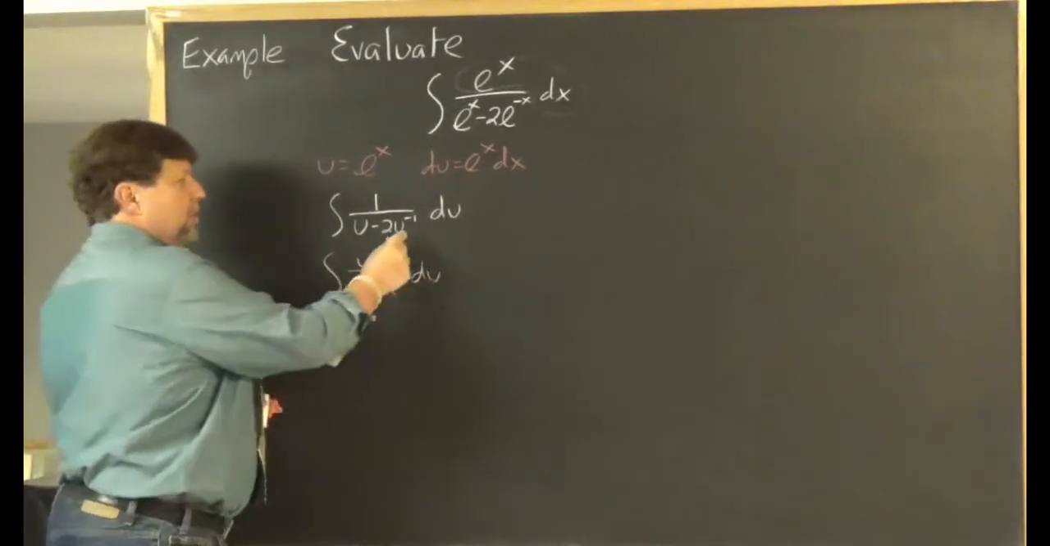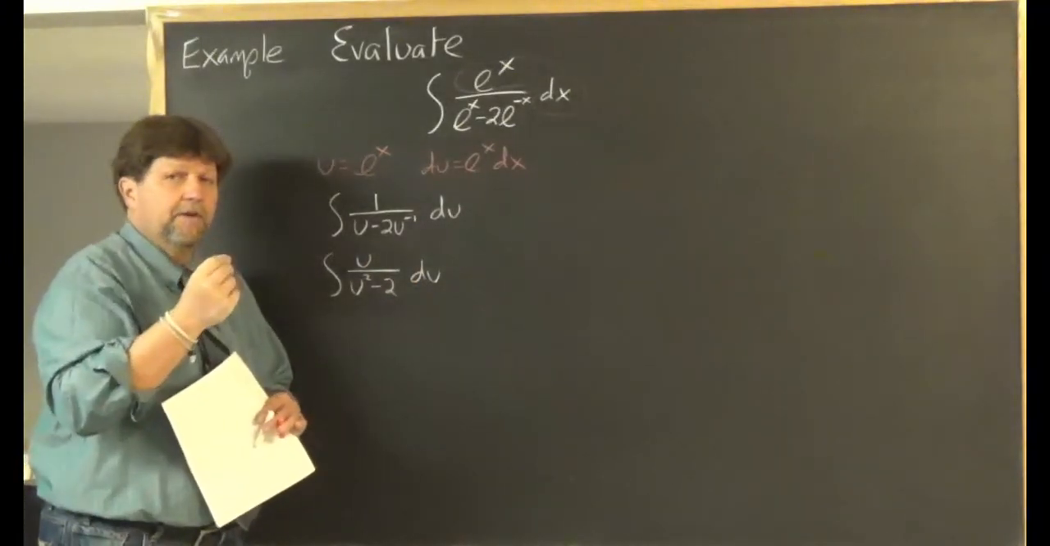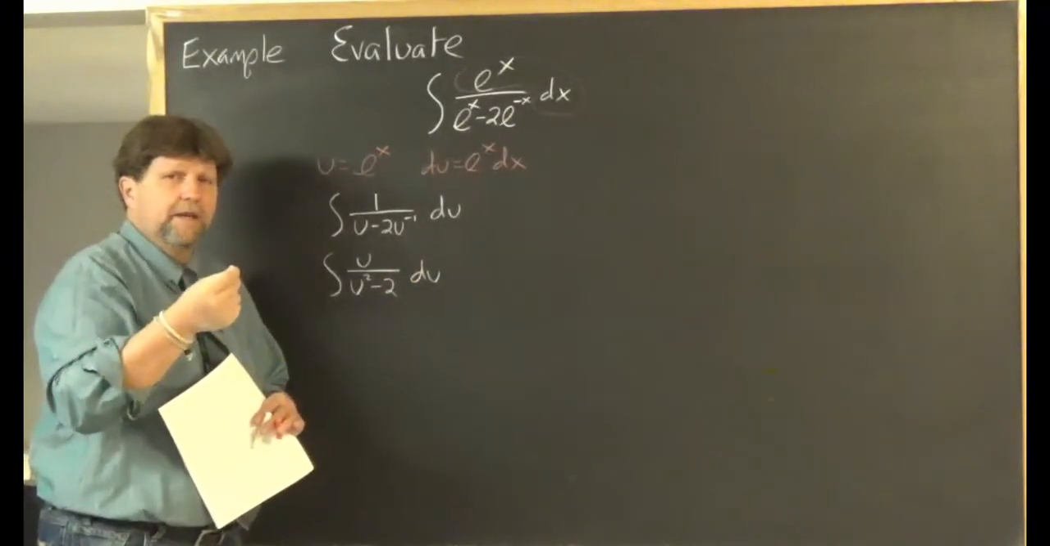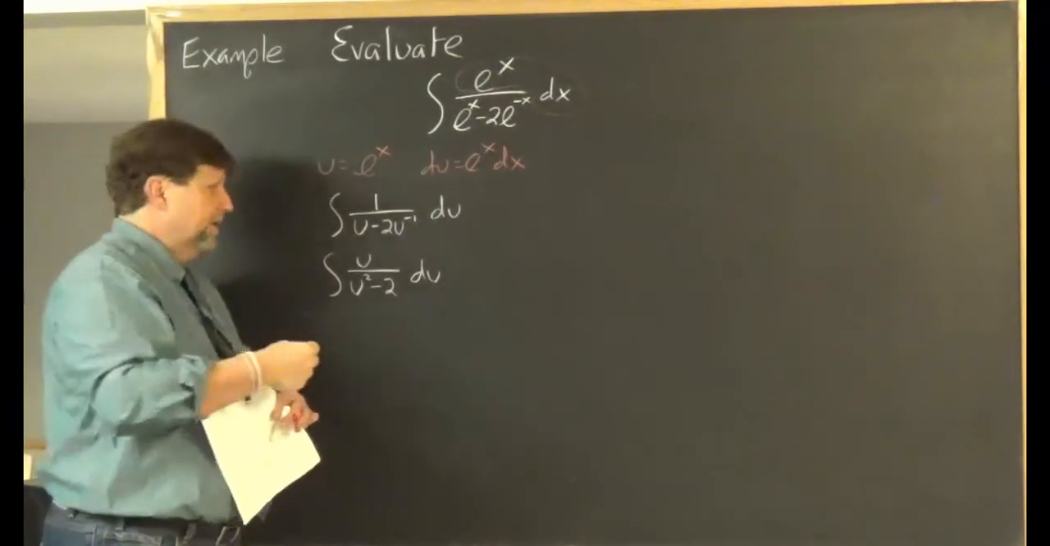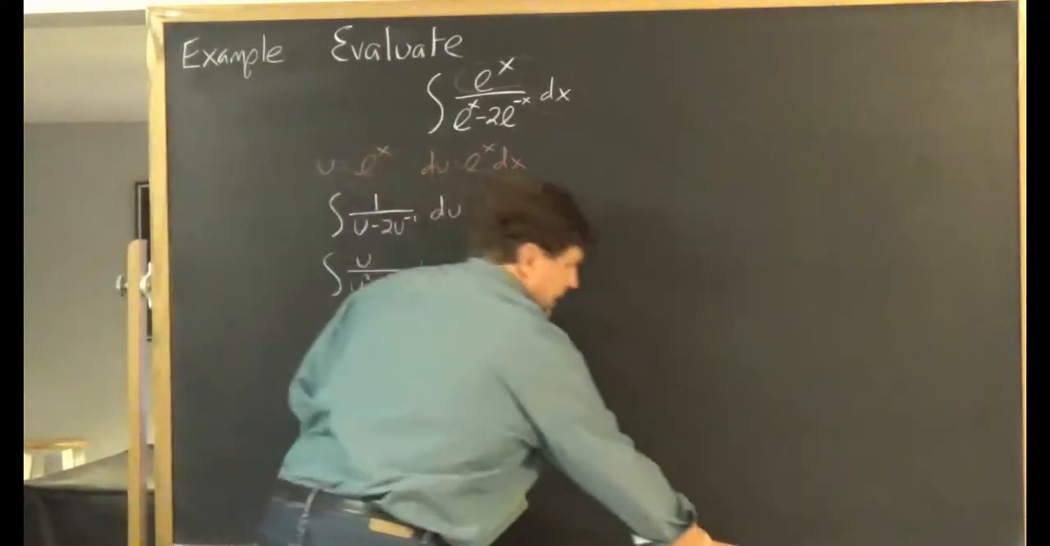Because remember, when u gets multiplied by u to the negative first, you add the exponents. So that would give you u to the 0. u to the 0 is 1. 2 times 1 is 2. Next,